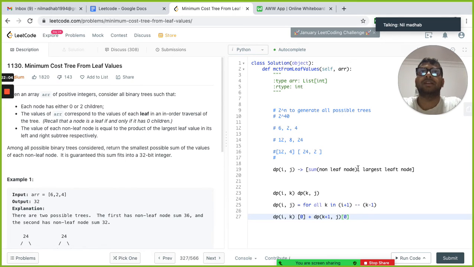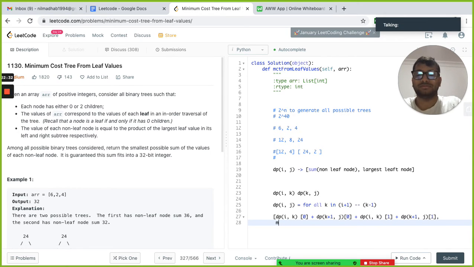We have to have the sum, plus it will have dp of ik plus 1, right? And the largest leaf node will be the maximum of dp of